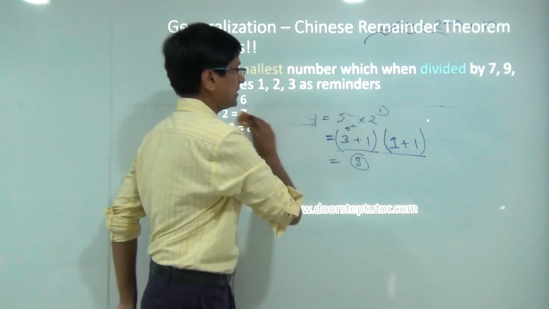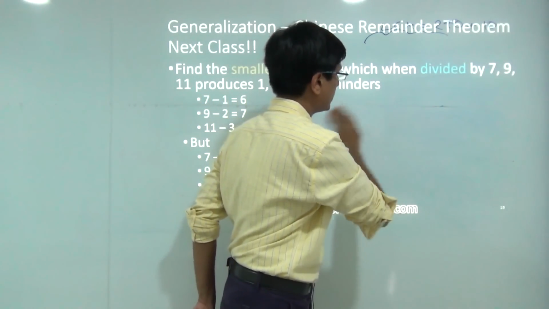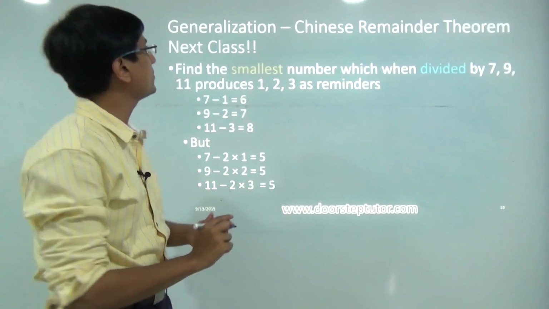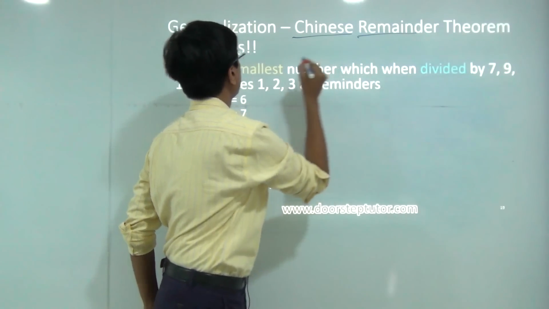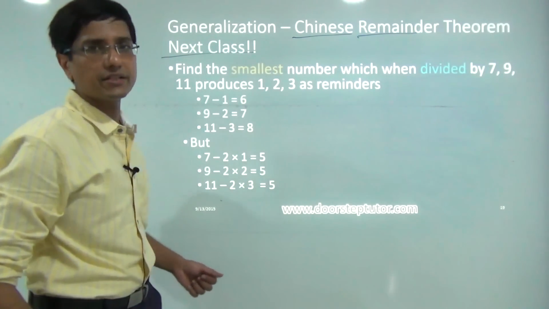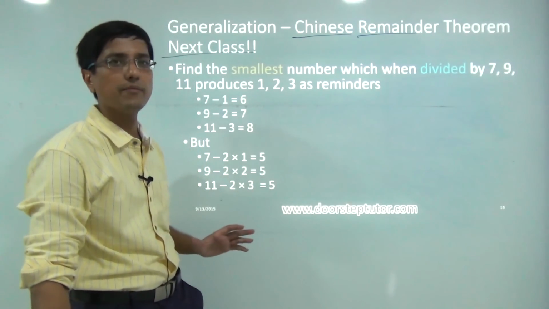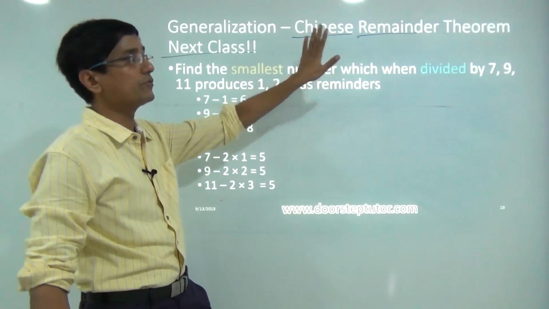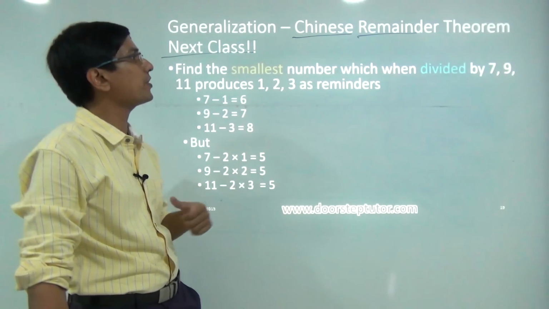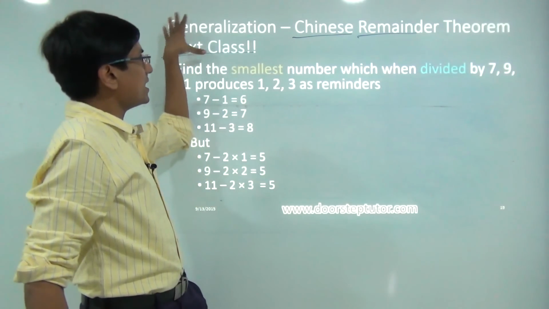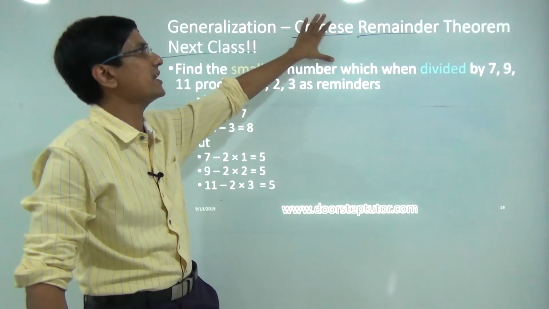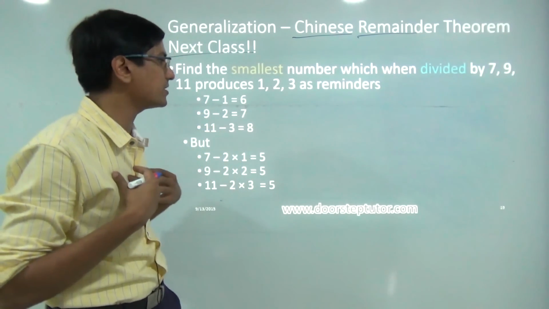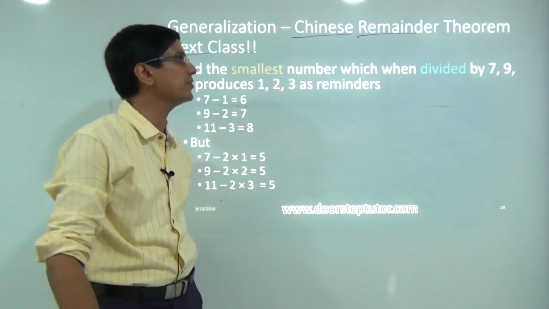Now in the next class, I glanced at this topic a little bit in this class also, the Chinese remainder theorem. It's important because in some exams, not in many exams, there would be one problem which can only be solved if you know the Chinese remainder theorem. In the next class, we will try to understand what the Chinese remainder theorem is, not in the fullest, but only the parts applicable to us, the parts used in aptitude exams.